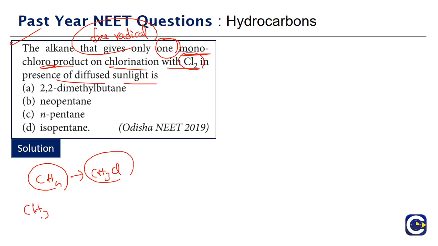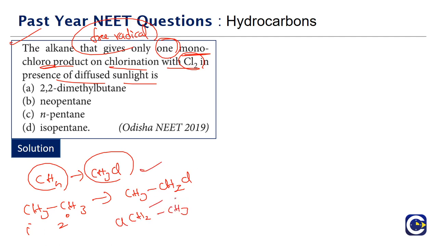Similarly, monochlorination of ethane, whether we take carbon 1 or carbon 2, one of the hydrogens will be replaced by chlorine. So which means we are going to get CH3CH2Cl. Now whether the hydrogen is replaced from carbon 1 or carbon 2. If it is replaced from carbon 1, what we are going to get? Look at it. CH2Cl, CH3. These two are not different. These two are the same product. It's just that we have to reverse and check it.